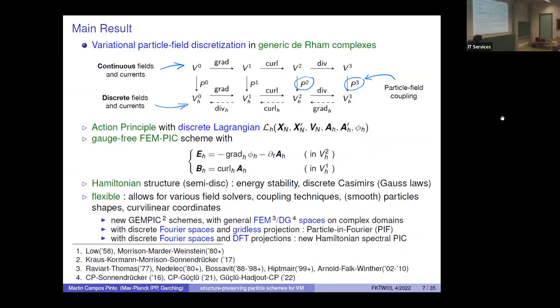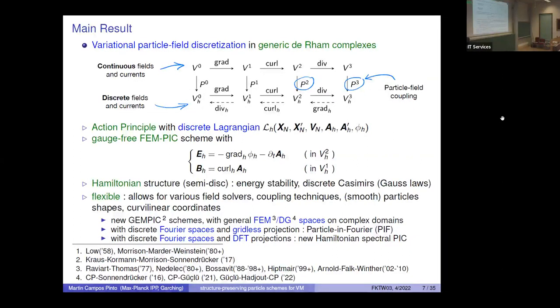Then the time discretization is also an important issue, but I will focus on the space discretization here. So we are able to describe particle finite element field discretizations that are variational, that follow an action principle, and